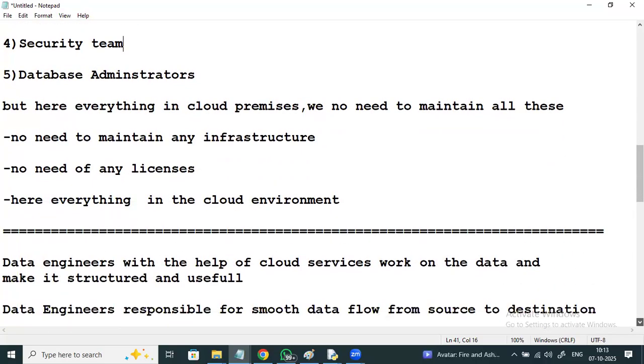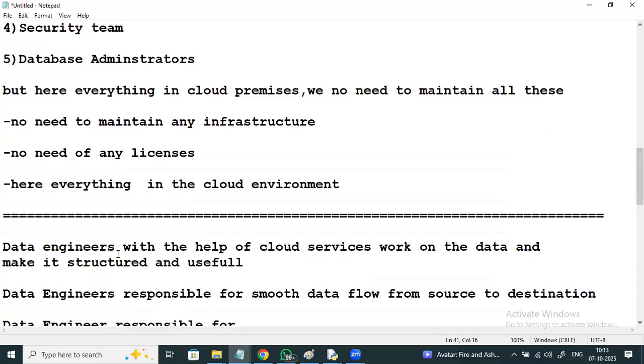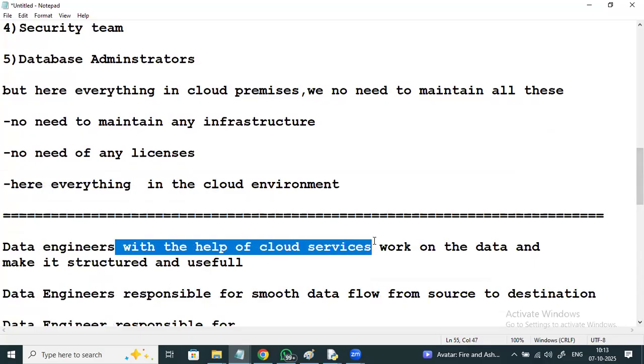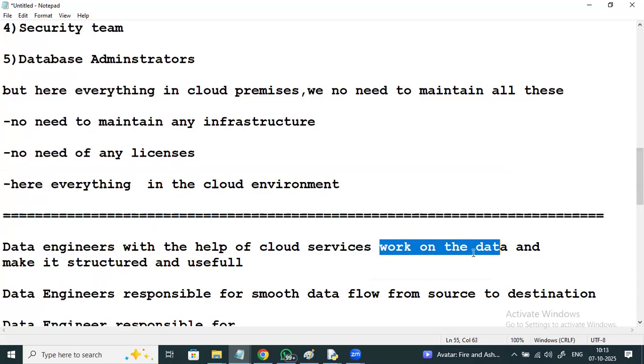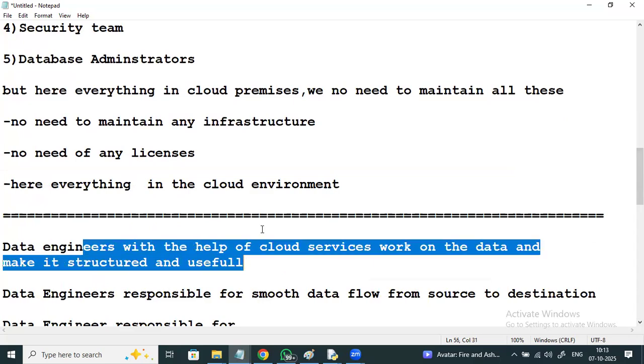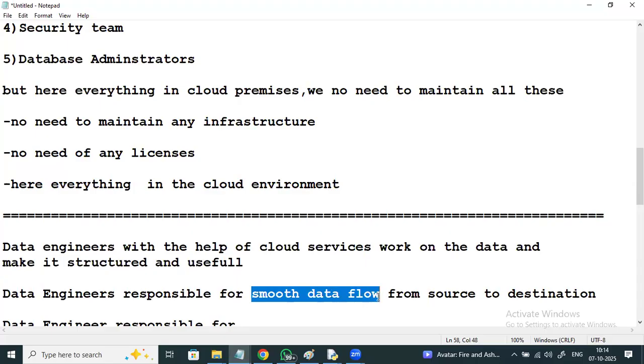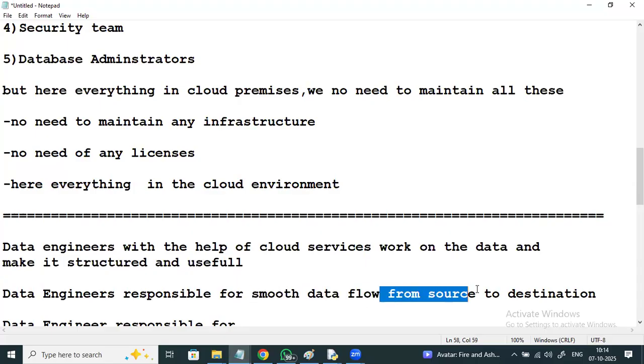Data engineers, with the help of cloud services, work on the data to make it structured and useful. Majorly, a data engineer's responsibility is smooth data flow from source to destination.